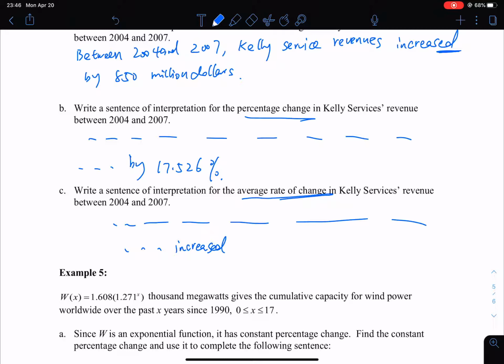For the average rate of change, you have to say increased by an average of 283.333 million dollars per year. So these are the three interpretations for the three changes. And next,